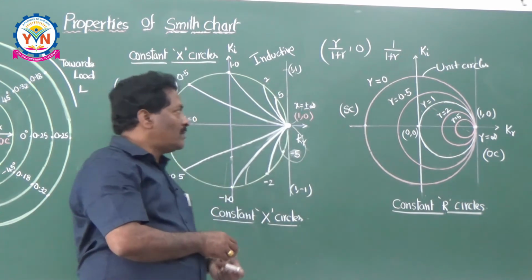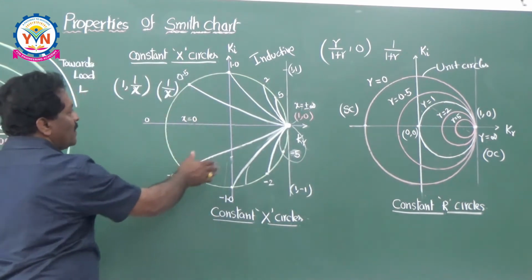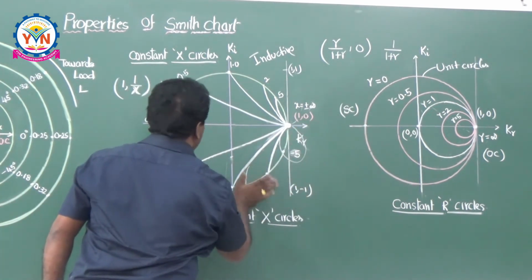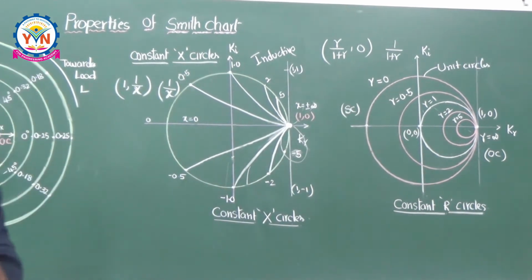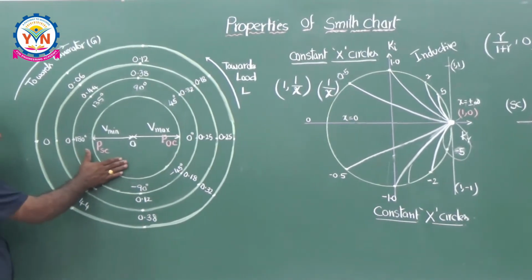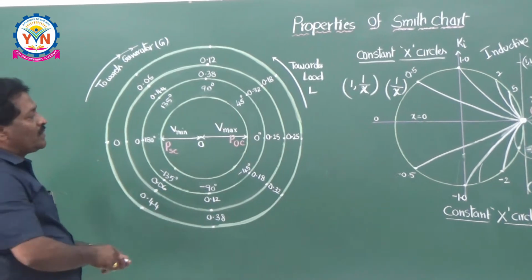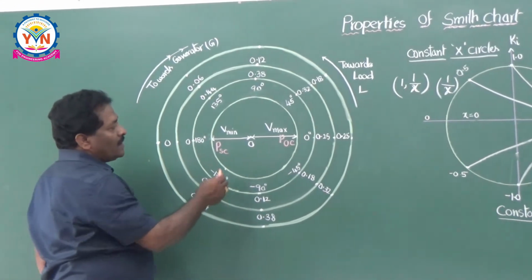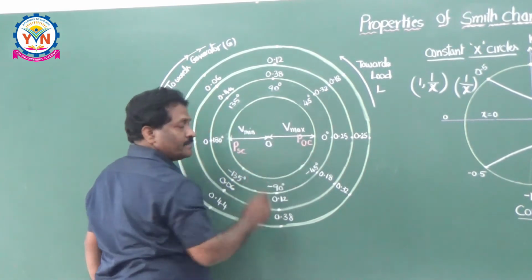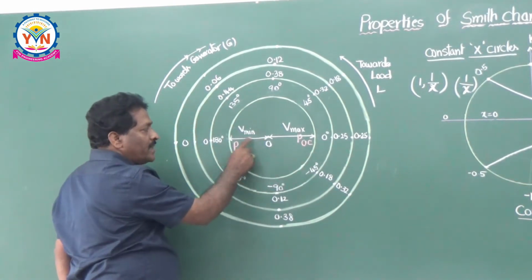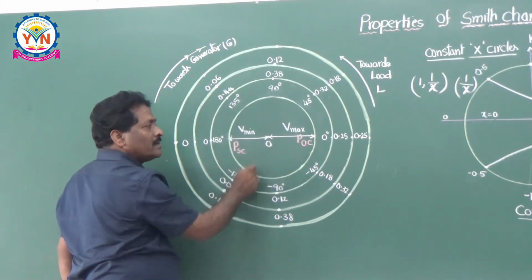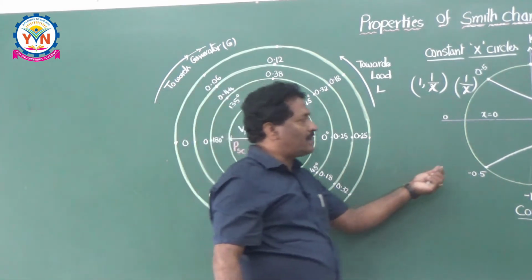Now, before doing the problems, let us summarize some points from these R circles and X circles. Try to concentrate on this point. I would like to tell you what exactly the Smith chart is. Here you see, this side is the point of open circuit, POC, and here it is PSC, that means short circuit. So, it is well known that from R circles and X circles,